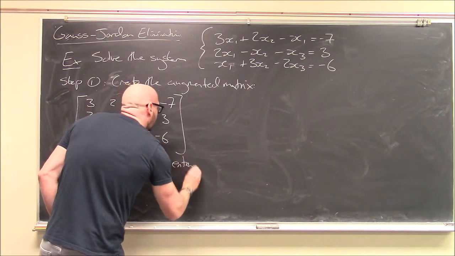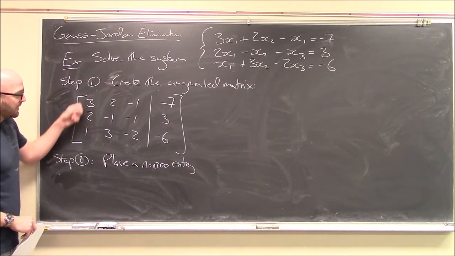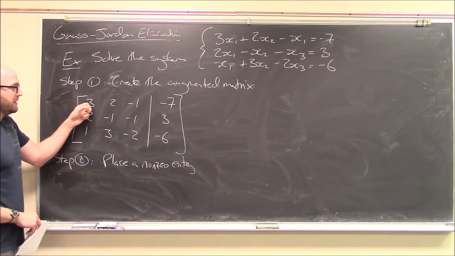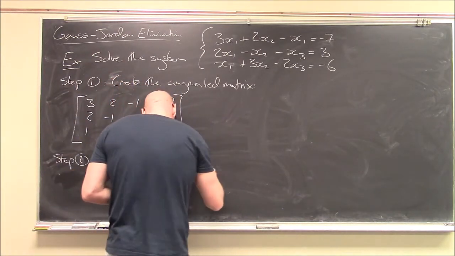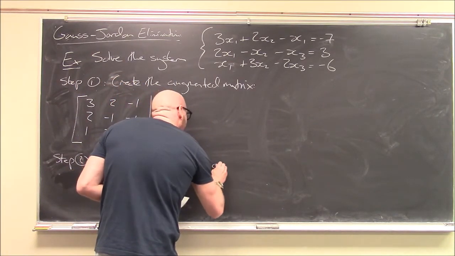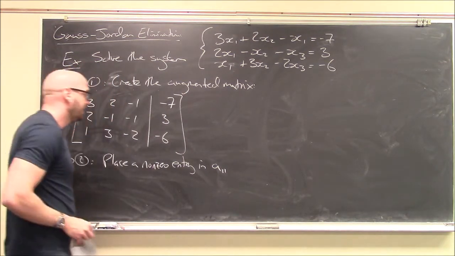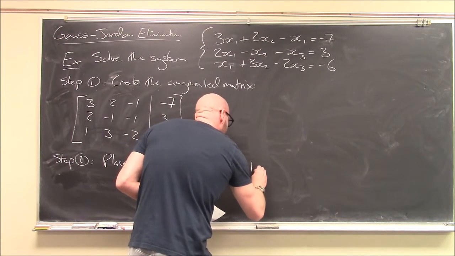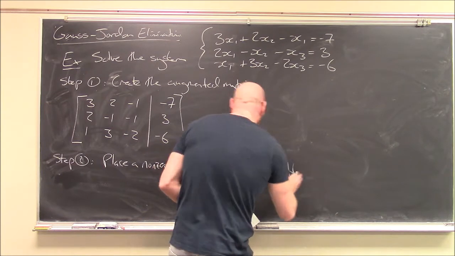Let's generalize this. I'm saying 1 because I have a 1 right now that I can work with. I can just interchange the rows. But if you don't have a 1, just put some non-zero entry up here. If it's 0, you need to get rid of it. So place a non-zero entry in the top left-hand position, a11, and make it a 1 if possible,